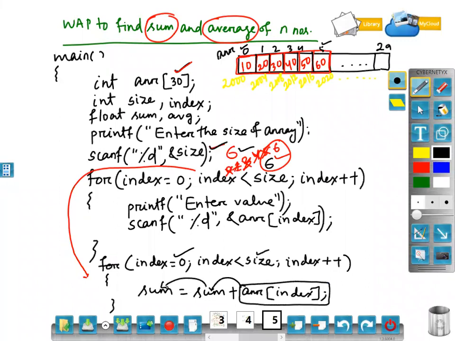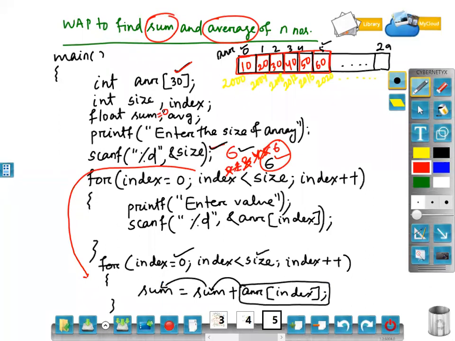But while doing this kind of problem, what I have told you, you have to initialize sum as 0, otherwise you will get some garbage value.